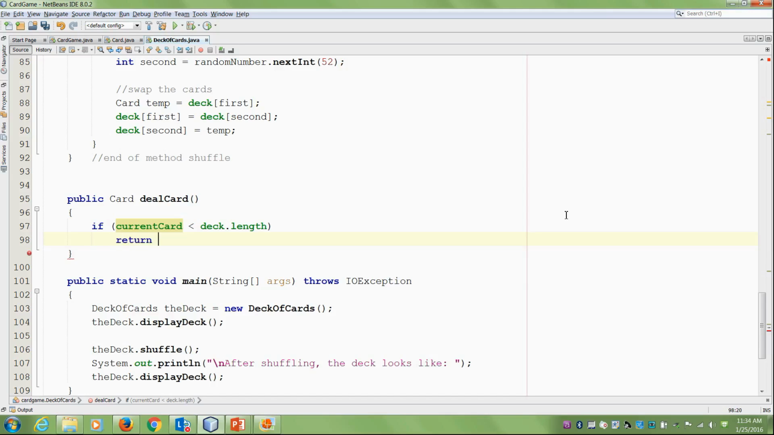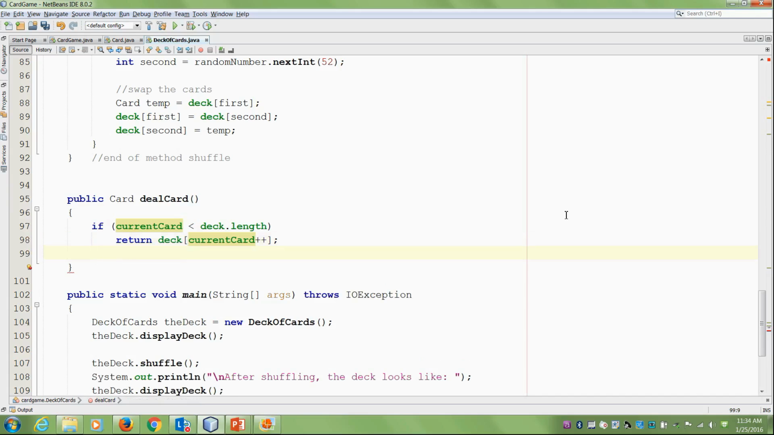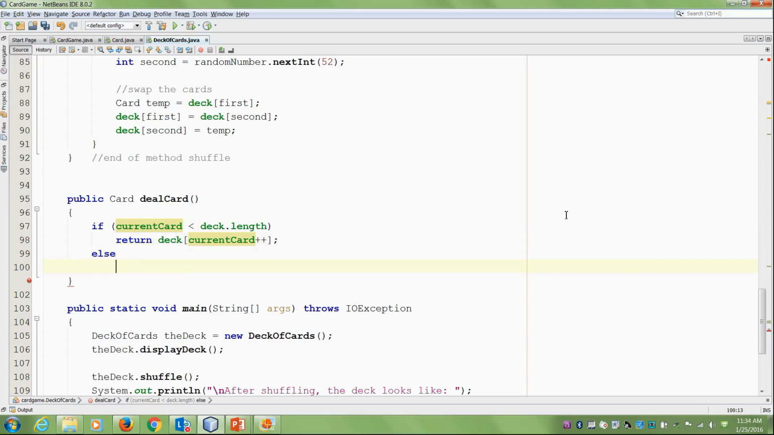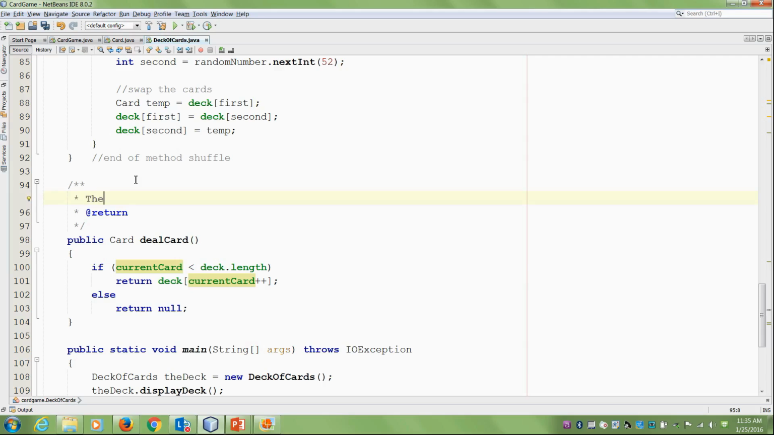So we just return whatever card is there. So I can say the deck at the current card. And then what's neat is this plus plus. You'll actually return the current card, and after it's done that, it will increment the counter. And otherwise, I'm going to return null because we have no cards left to return. So now we have the ability to deal a card. So let's just add a little comment here. Say this will deal a card off the